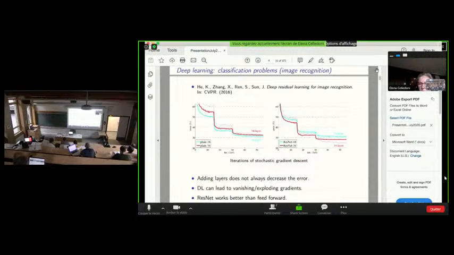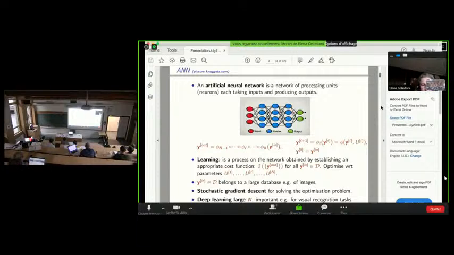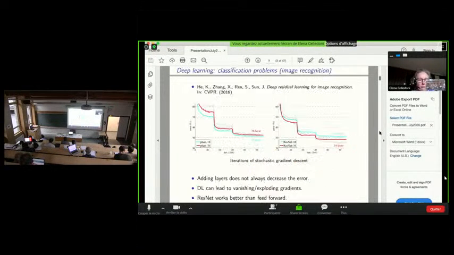Okay, so what else do I want to say? Deep learning has to do with the number of layers. So when capital N is large, we're talking about deep learning. And what is known is that training deep neural networks, so when N is large, is much more difficult, to solve these optimization problems.